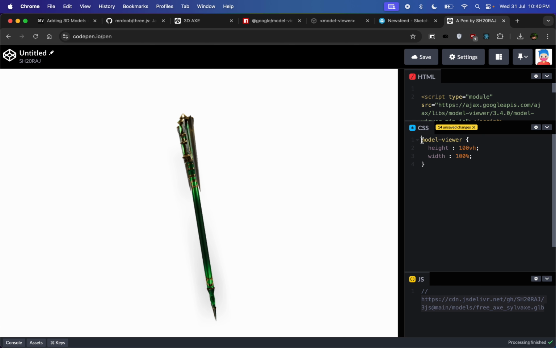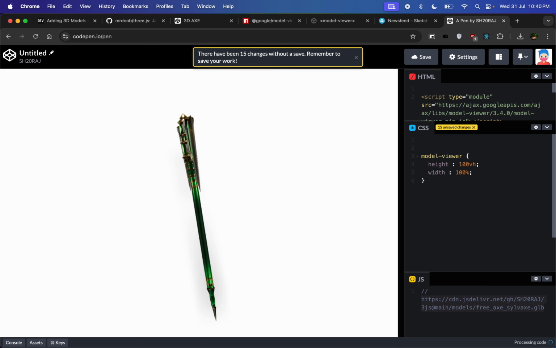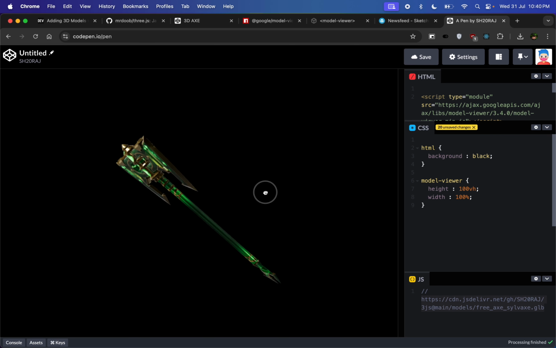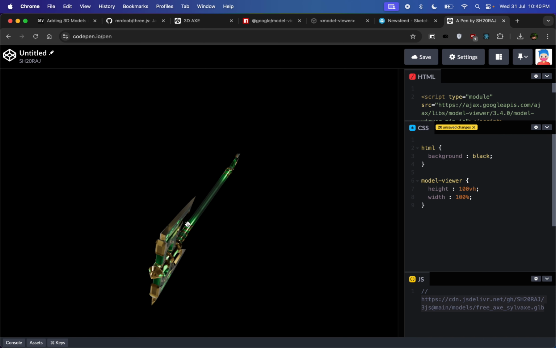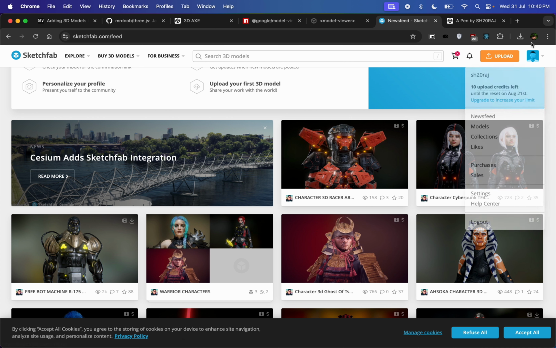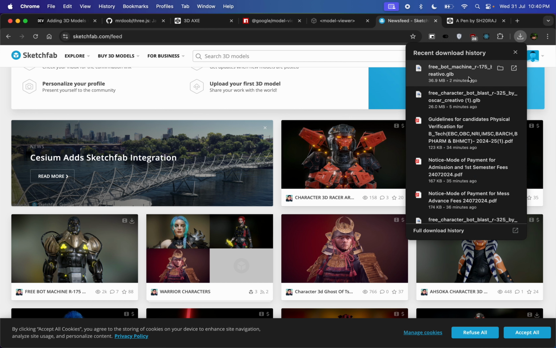Okay, and let's go to HTML, we will give background black. Okay, so here is our model, and this looks nice, but it's not in HD, so we will try to